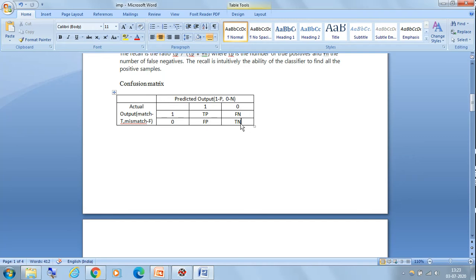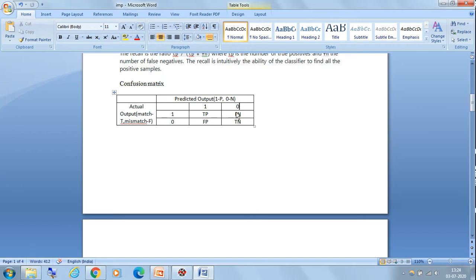Another thing to remember is, for actual output, wherever you have a match, you mention it as true, and wherever there is a mismatch, you mention it as false. Actual output is 1 and predicted is also 1, so that is a match, which is why we mention true here. Here actual output is 1 but predicted is 0, so it is a mismatch, so we mention false.